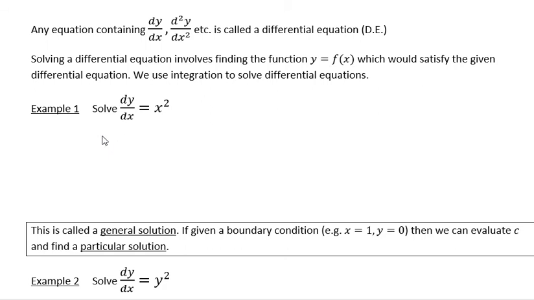So the way we traditionally would have done a question like this, you'd say your y is just going to be equal to the integral of x squared integrated with respect to x, which takes you to y is equal to x cubed over 3 plus c. And that is absolutely fine still for you to do if you come across a question like this one. But just to show you a different method that we could use,